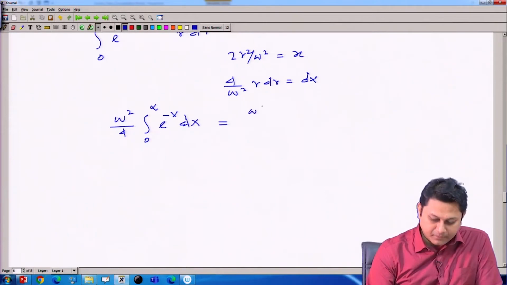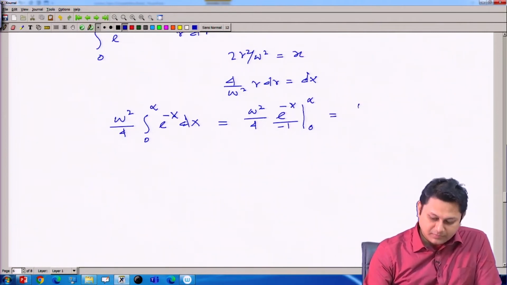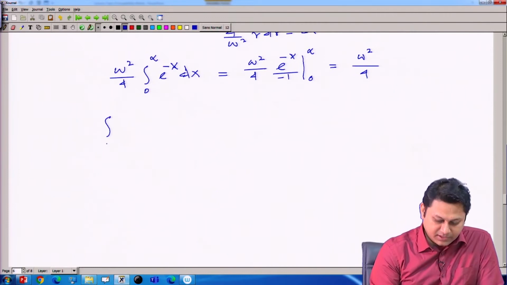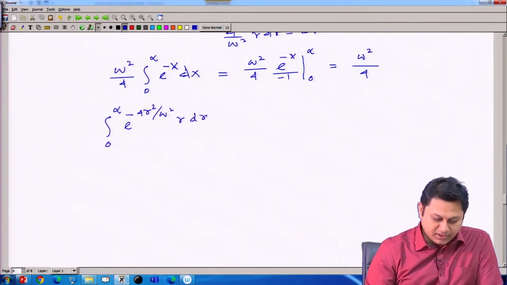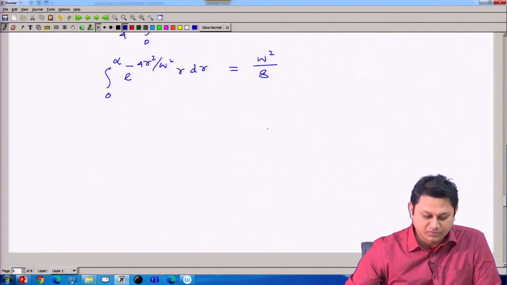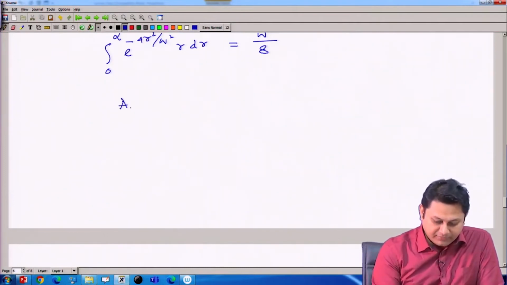So, this is simply w square divided by 4, and if I execute this integration of e to the power minus x, it will be minus e to the power of minus x from 0 to infinity. It should be simply w square divided by 4. In the similar way, integration 0 to infinity e to the power of minus 4 r square divided by w square, r dr, one can execute that. I am not doing this integration because it is exactly the same procedure and one can find this value quite easily. So, eventually my A effective